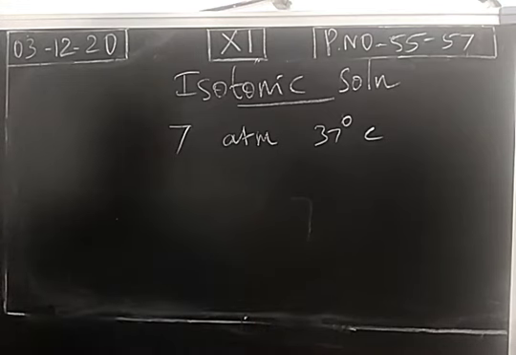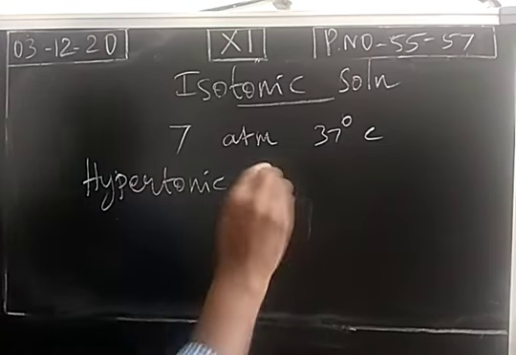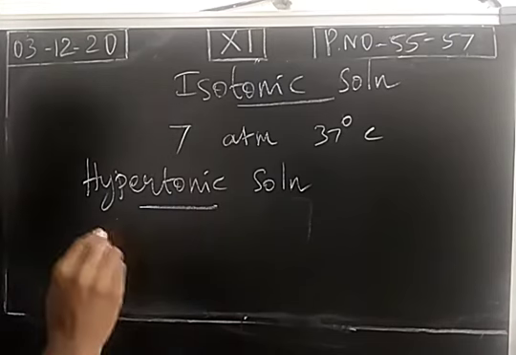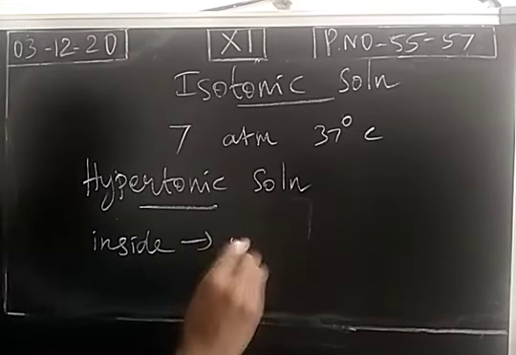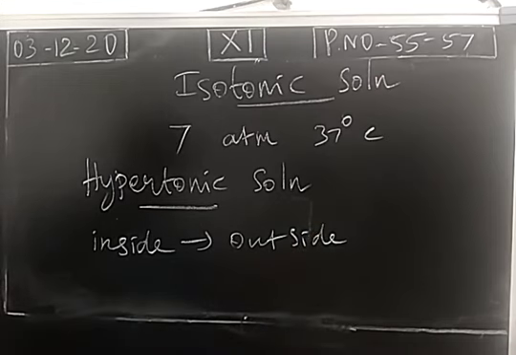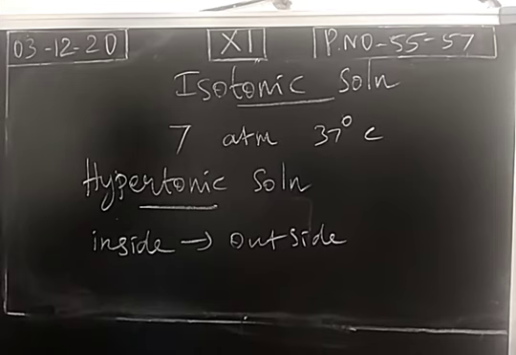The concentration may also be higher. The injection fluids may have higher concentrations, so the solution is called a hypertonic solution. In this case the solvent will flow from inside of the cell to outside. To normalize the osmotic pressure, there is a flow of solvent from inside to outside, and this makes the cell die or shrink. So these all have harmful effects in the human body.